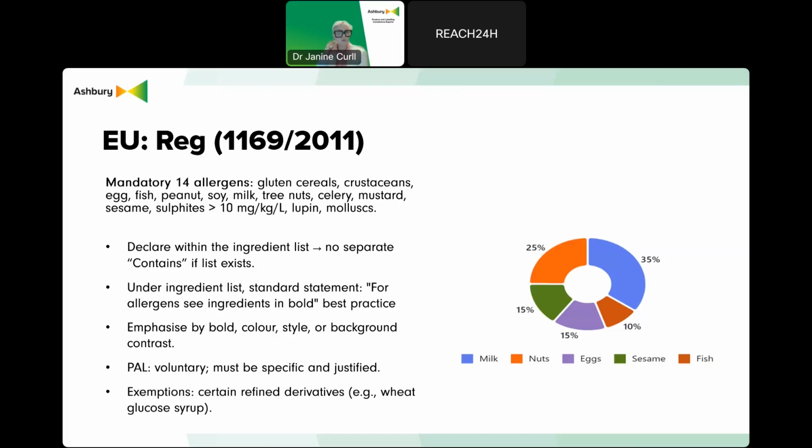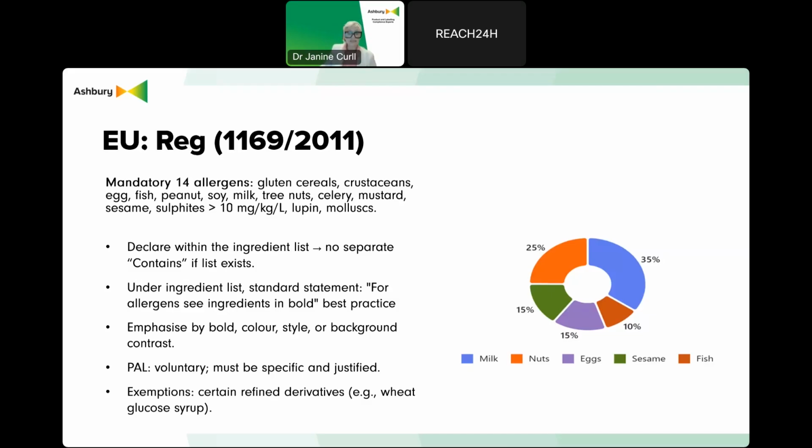Let's just take a moment to talk about allergens and food recalls in the EU. Undeclared allergens account for about 30% of food recalls across the EU. It's a significant chunk. And milk is the leader, responsible for about 35%, nuts at about 25%. Sesame and eggs each are around 15% of allergen-related recalls. A few examples recently this year: milk protein found in potato chips from Poland, and sesame detected in poppy seed paste imported from Turkey.